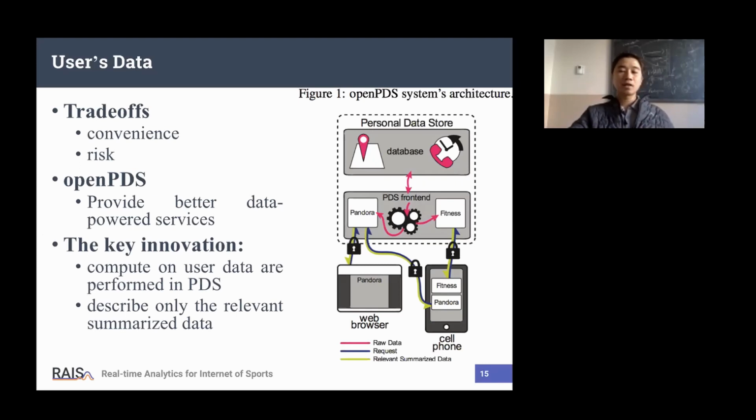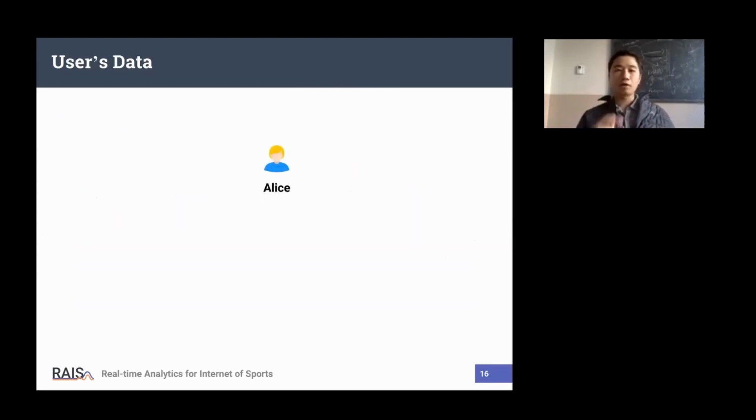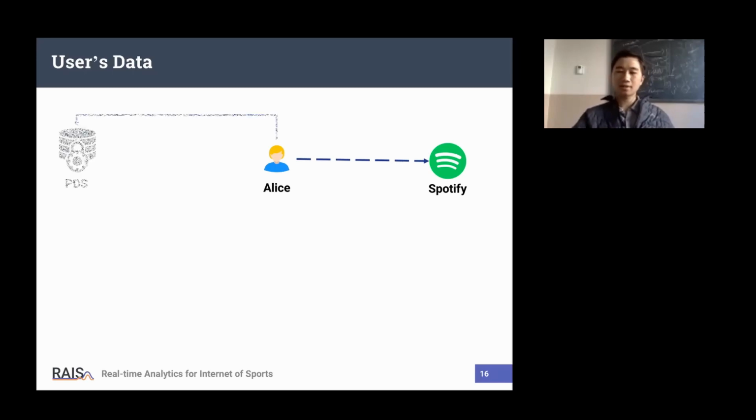Okay. So I have an example for this point. Alice, someday, wants to install Spotify to enjoy music, whatever kind of music she wants. In the normal way, she needs to install directly and allow all the permissions on the Android platform, or maybe on iOS also. But Alice wants to protect some key information about herself.